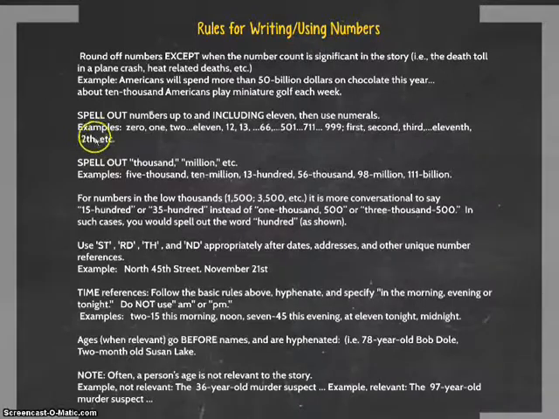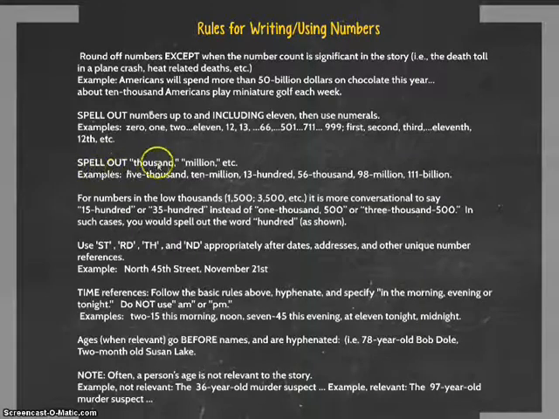Okay, when writing out numbers, you should spell any number up to and including 11. After that, you can just write the numbers. So 0, 1, 2, 3, all the way up to 11 should be written out as words. After that, you can write the numbers 12, 13, and so forth. You should also do this with ordinal numbers. Anything between 0 and 11 should be written out like you would say it, first, second, third, just like you would read them. After that, you can put the TH, the ND, or the ST behind a number.